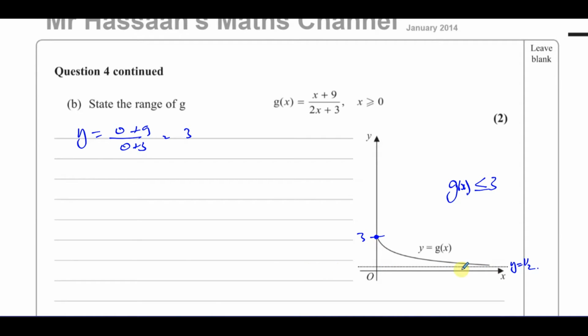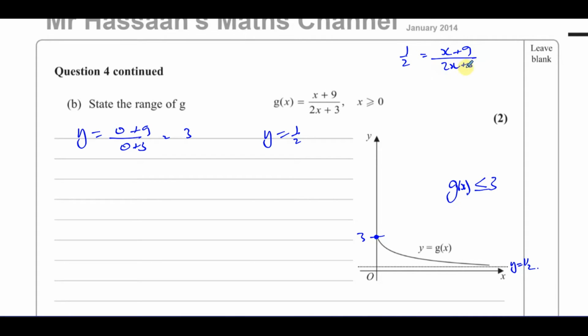And I know the horizontal asymptote is going to be y equals a half. Why? Because if I take the coefficients of x on the numerator and the denominator, I'll get 1 over 2. So y equals 1 over 2. That is the horizontal asymptote. Okay? That's the value of y. If you put it into this equation, it will be undefined, as you'll see. If I put a half instead of y, and you try to solve it, it will give you something which